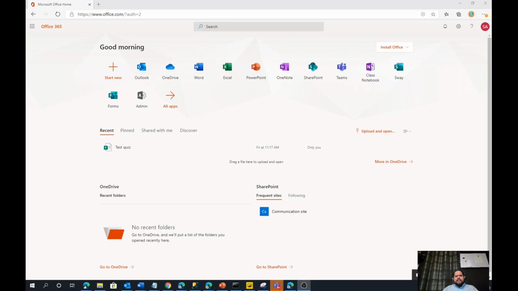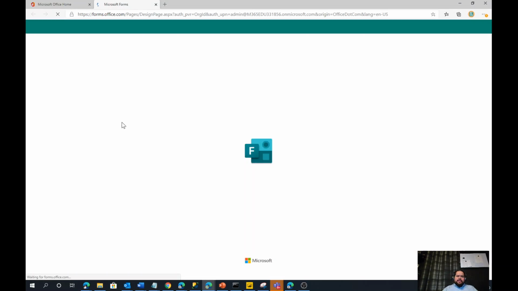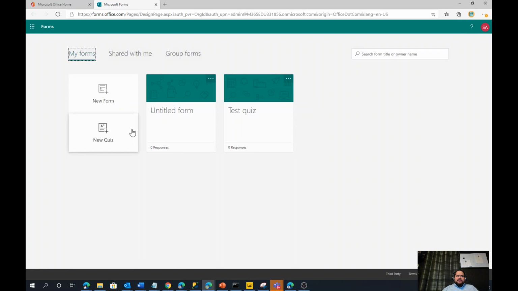What I'm going to do today is show you how to create a simple quiz or a simple survey that can be sent without any additional cost using Microsoft Forms. So what you do first is log into your Microsoft portal. In the Microsoft portal, you're going to have something called Forms. Whenever you click on it, all you have to do is create a new form or create a